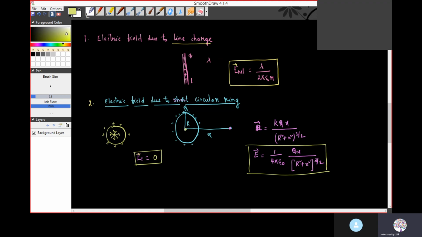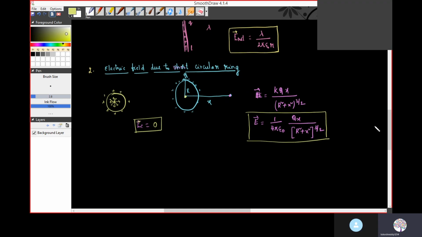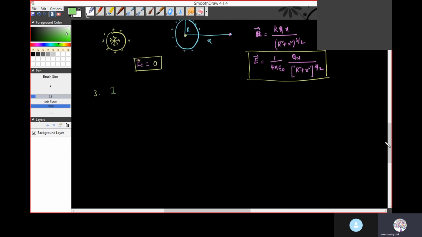Now the infinite sheet of charge. So if you have an infinite sheet of charge,